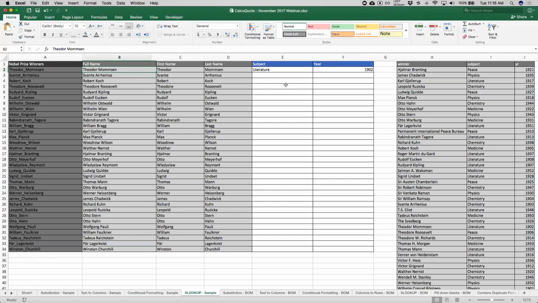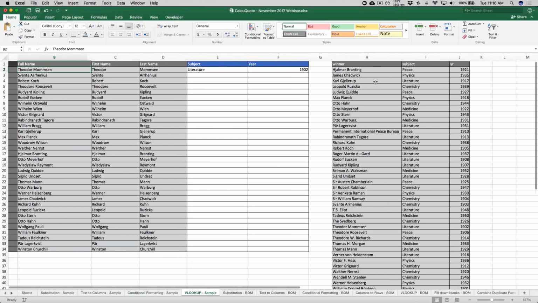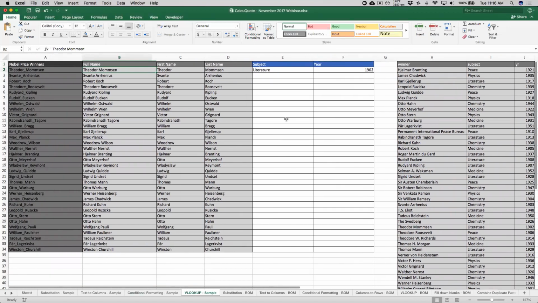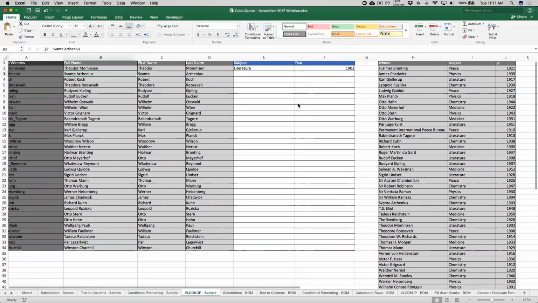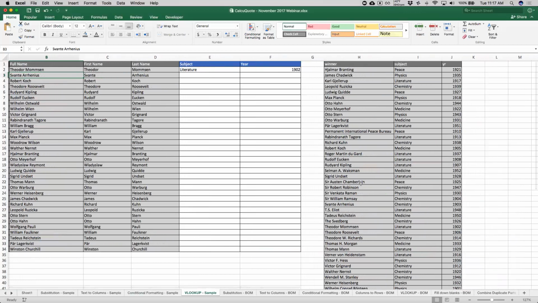that Nobel Prize in. So the way I would do that is I have a data set over here that shows me who was the Nobel Prize winner, what subject and what year, and I want to populate that information into here next to these guys. So there's a couple different ways I could do it, right? The first way is I could say, okay, I've got this guy, and there's no way I'm going to pronounce that name correctly, but I've got this person, and I could go over here and look and say, okay, I've